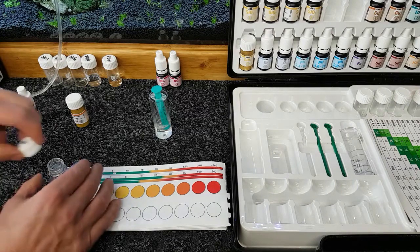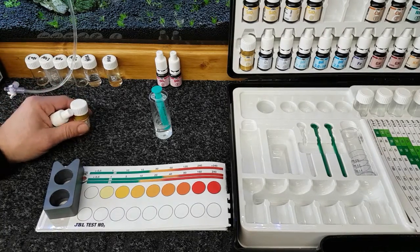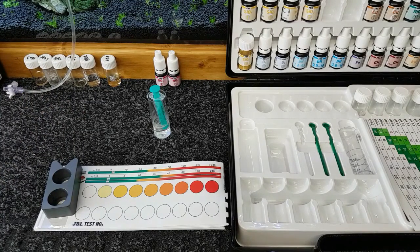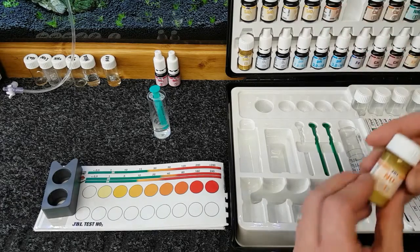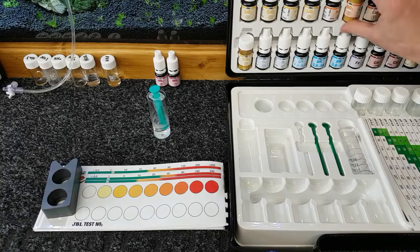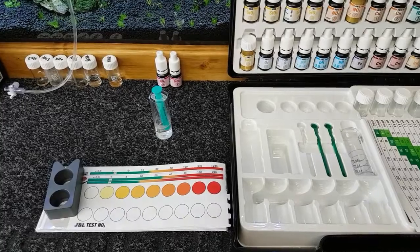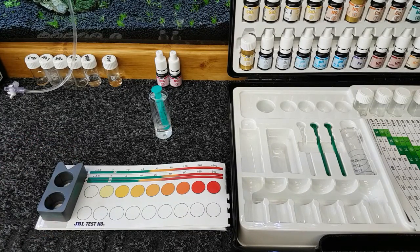and a lot of people don't test their tanks enough, to be honest, and a lot of people just wing it and they wonder why things are going wrong. And this is because they're not doing these tests, and it's imperative that you do your tests to keep up with things, because sometimes, especially if you've got heavily planted tanks or heavy rock work and stuff of that nature, you can always get one of your fish, especially if you've got a lot of fish, a lot of community fish and different things,